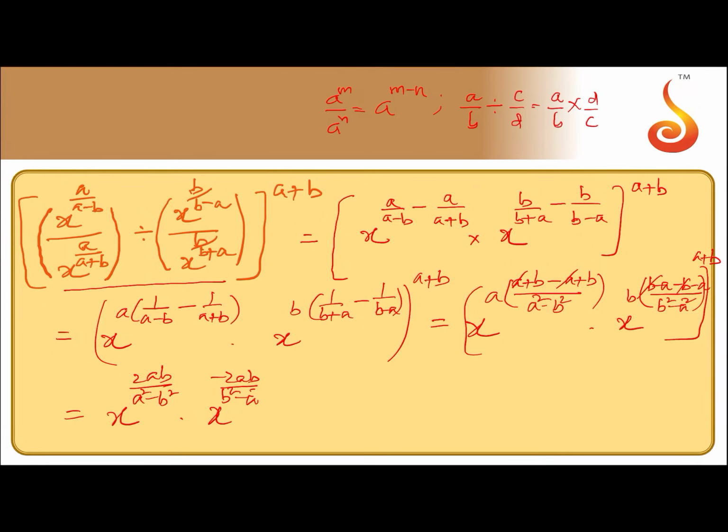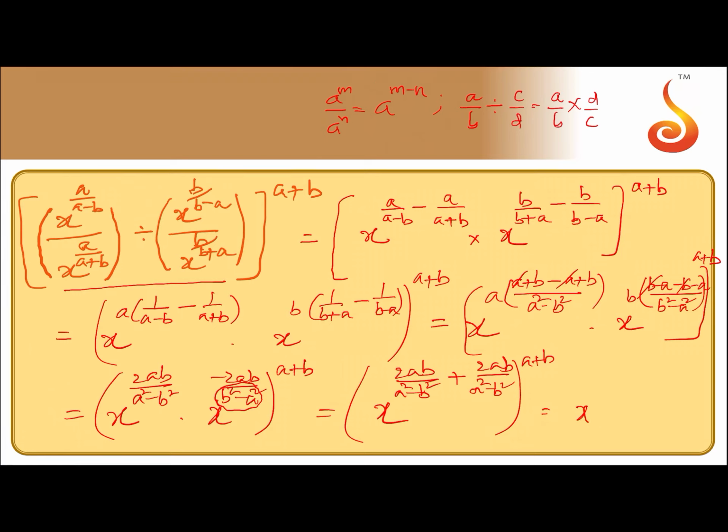To the power of a plus b, and that can be written as x to the power of the denominator of the exponent. Here this can be interchanged, you get a minus sign common, the minus gets cancelled, you will be getting 2ab by a square minus b square, minus of minus plus 2ab by a square minus b square, to the power of a plus b. And of course, the denominator is the same, so add the powers, that can be written as x to the power of